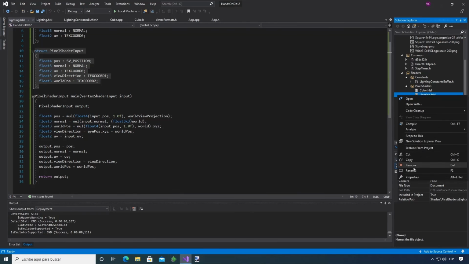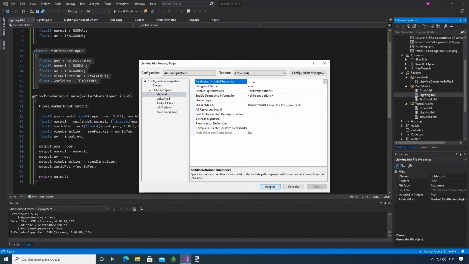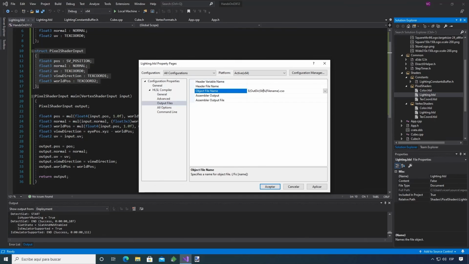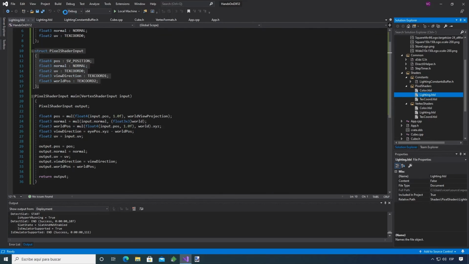Open the pixel shader properties. In the additional include directories, add the shader constants. Assign the type of the shader as pixel shader, the shader model as 6.1, enable the unbound descriptor tables, and set the output file as $(OutDir)shaders\pixel shaders\%(Filename).cso. Compile the solution,